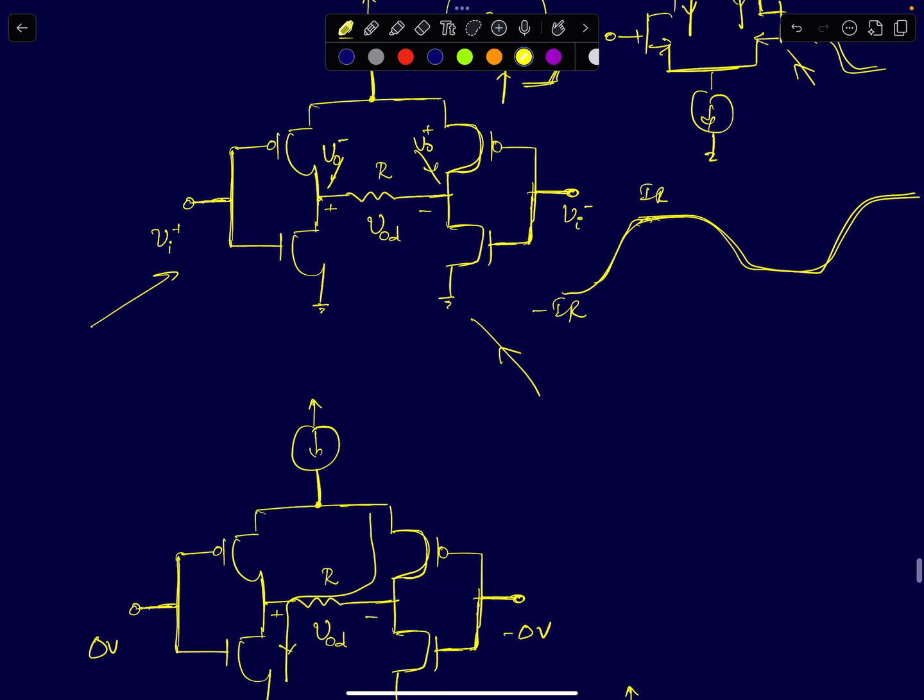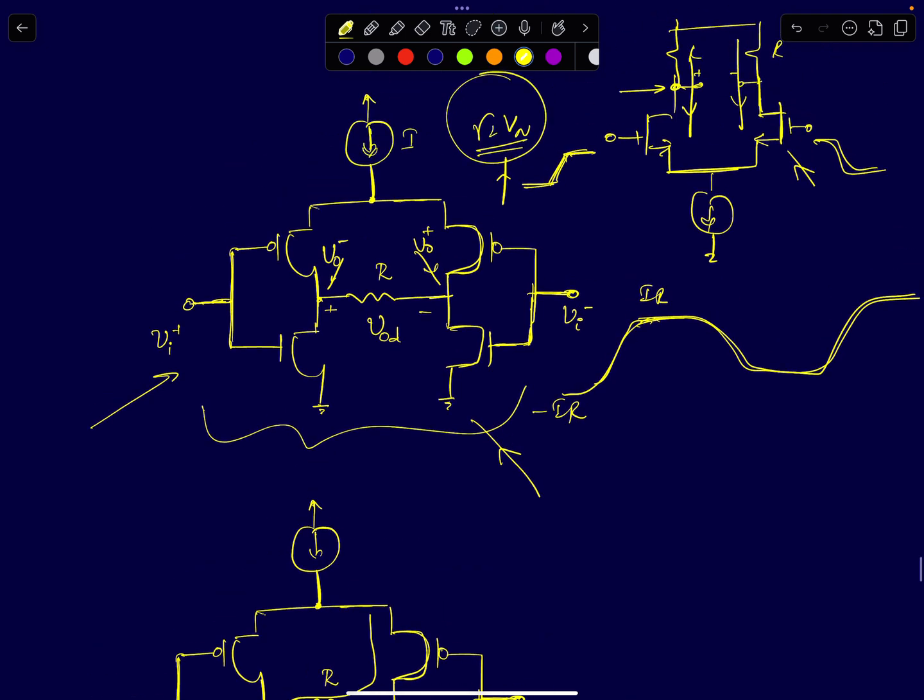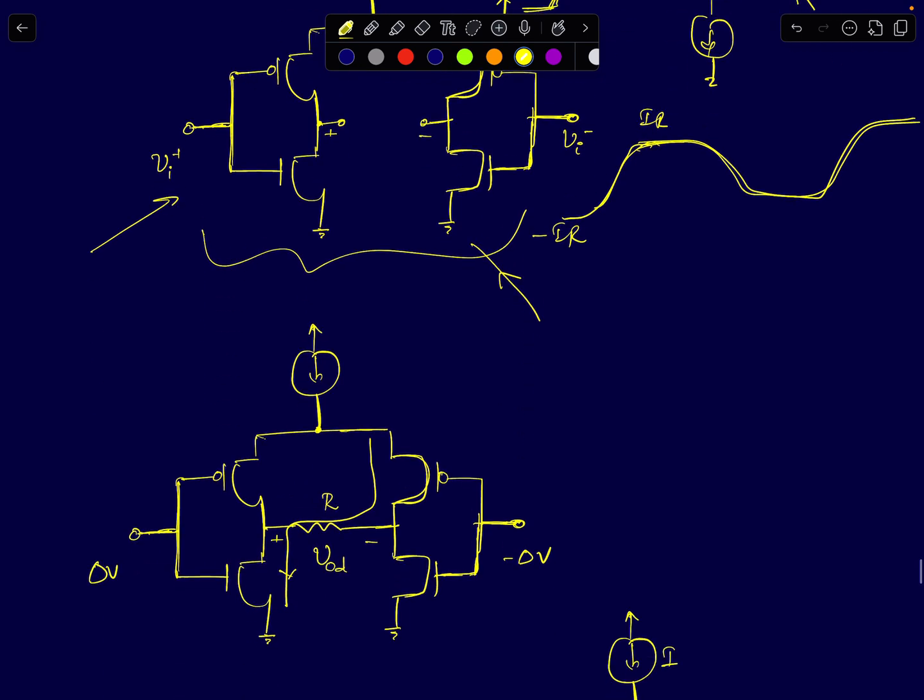The output stage of a low voltage differential signaling will look like this. It will be a current source. Usually the output stage will not contain a resistor. The output stage will just contain two differentially driven CMOS inverters with a current. Current is controlled here. Normally, when you are connecting an LVDS comparator, let's say your LVDS comparator's output is driving some circuit,